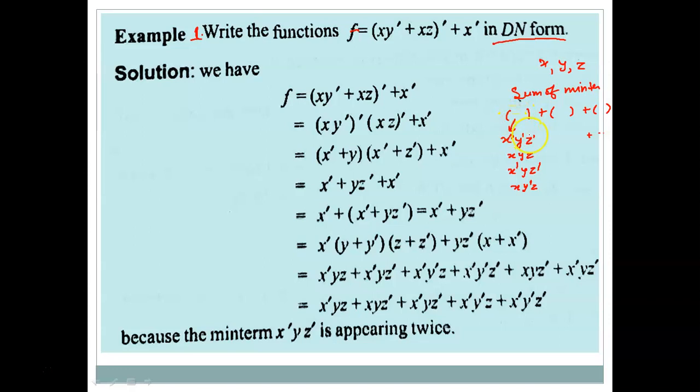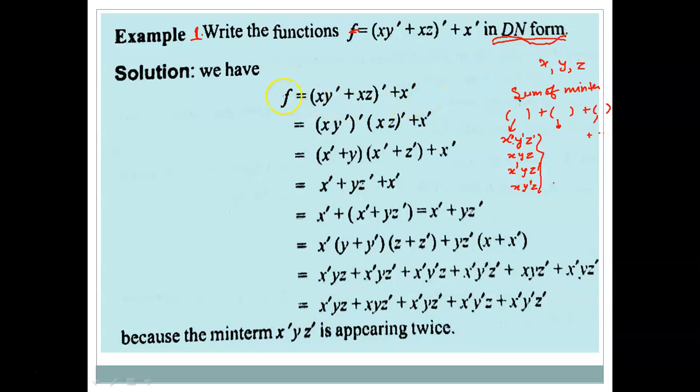Means a minterm is any expression in 3 variables where the first can be x or x complement, the second can be y or y complement, and the third z or z complement. So in this way, if we can express the whole Boolean function f in this form, where each term is a minterm plus the next is a minterm and so on and so forth, this is the idea, to put a given Boolean function in disjunctive normal form.